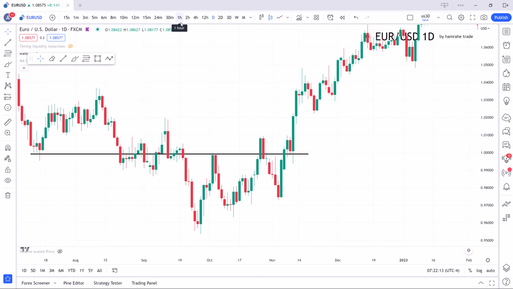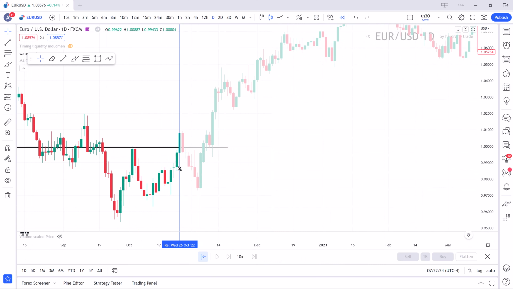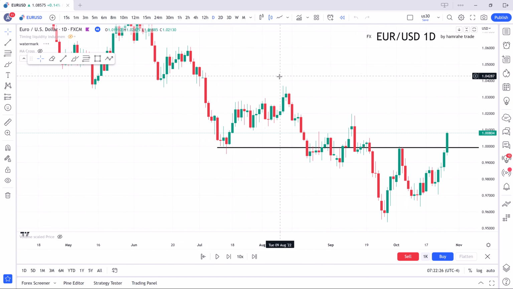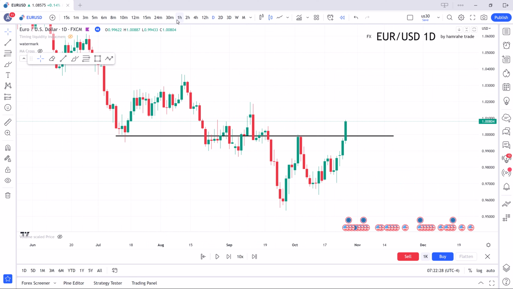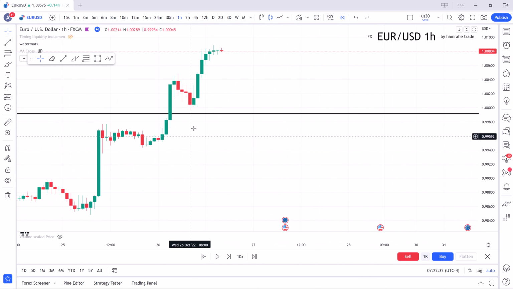For example, if you are a price action trader, you use double tops, double bottoms, and other price action patterns. You can go to 1 hour and search for those patterns here or here. You can see that it is daily. If I go to 1 hour, first you can trade this pullback because it is your entry time frame and